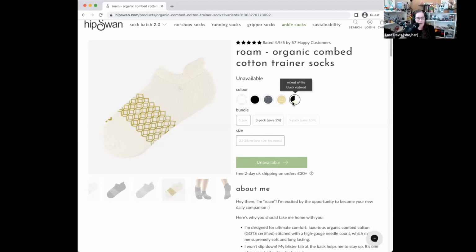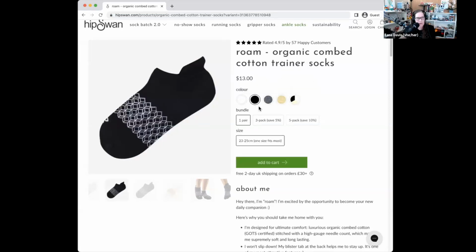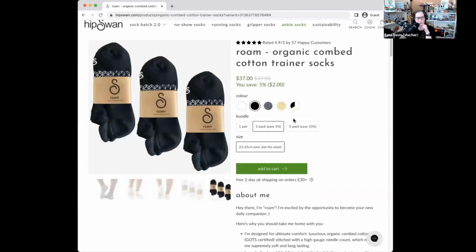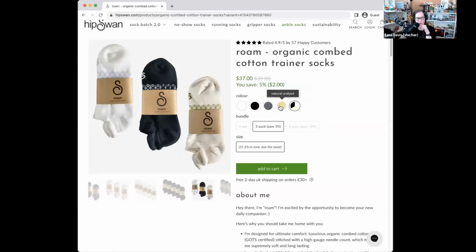Yeah. I wanted to call this out. It looks like this one is out of stock, but it's not clear to me when I'm just looking at these that one would be out of stock. So I might have it so that there's an X over it, or it's discolored in some way, so that it's clear. I don't want to click on it and then make the assumption. And then, depending on which variant for the bundle that I select, it would be in stock or out of stock, because that one's in stock for the 3-pack, but not the single pair.